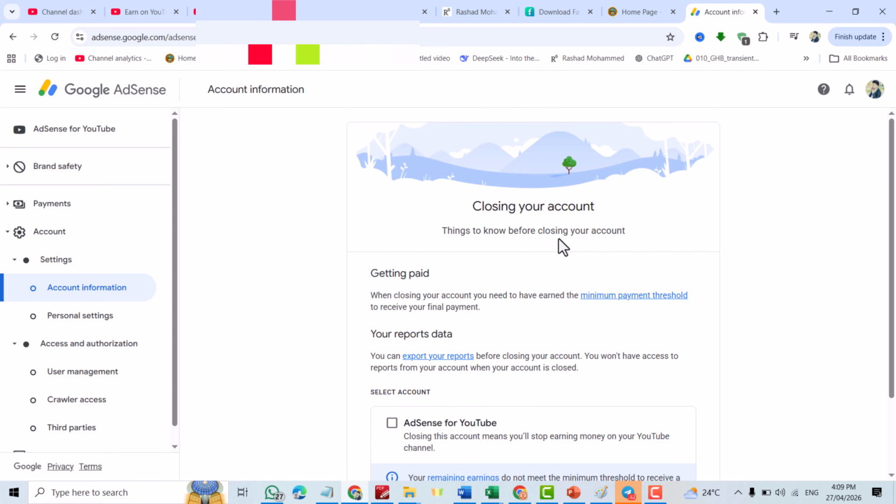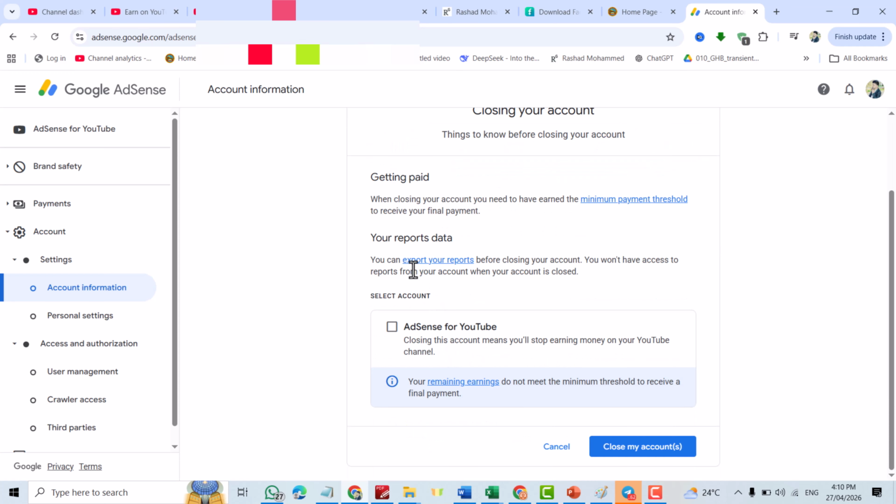Things to know before closing your account. When closing your account, you need to have earned the minimum payment threshold to receive your final payment. Your reports data: you can export your reports before closing your account. You won't have access to reports from your account once your account is closed. Read it carefully, then select this one and